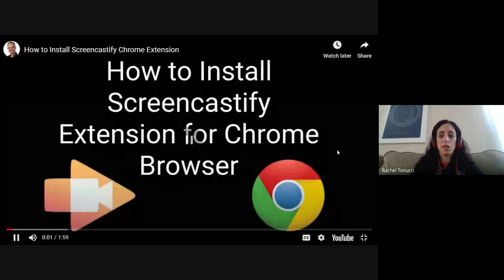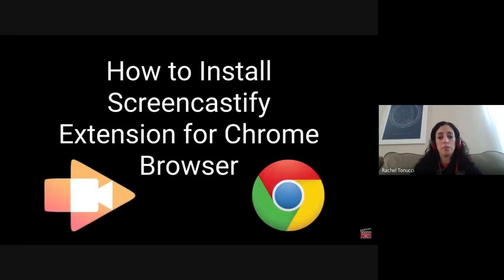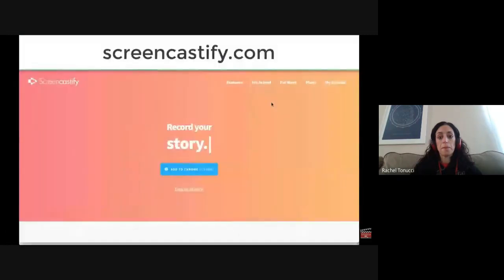Today, I'd like to show you how to install the pretty powerful little Chrome extension called Screencastify into your Chrome web browser. Here we go. Probably the easiest way to get started is to head on over to screencastify.com, where there is